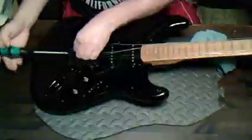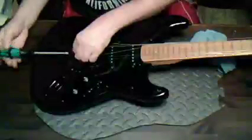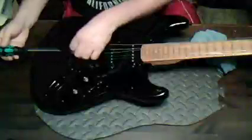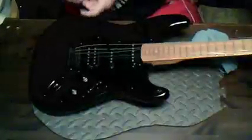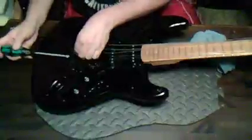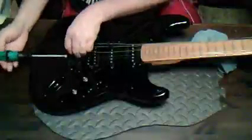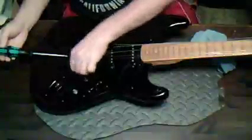So we'll tighten the tremolo down to the block and polish the plate, and then polish the Dremel plate, and then polish the individual saddles. They're black. At first I thought, well, maybe they're black satin, but it's just cheap black coating,